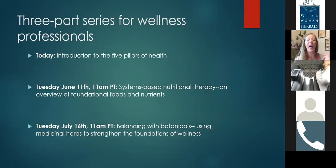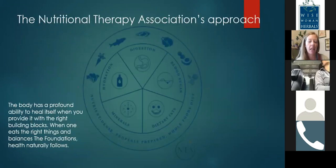And then because I have this deep love for herbal medicine and I see myself as a bridge between the modalities of nutrition and herbal medicine, I'd like to share with you how I, as an NTP herbalist, am bringing herbal medicine into my practice from a foundational perspective. So using medicinal herbs to strengthen the foundations of wellness. So there we go. Without further ado,